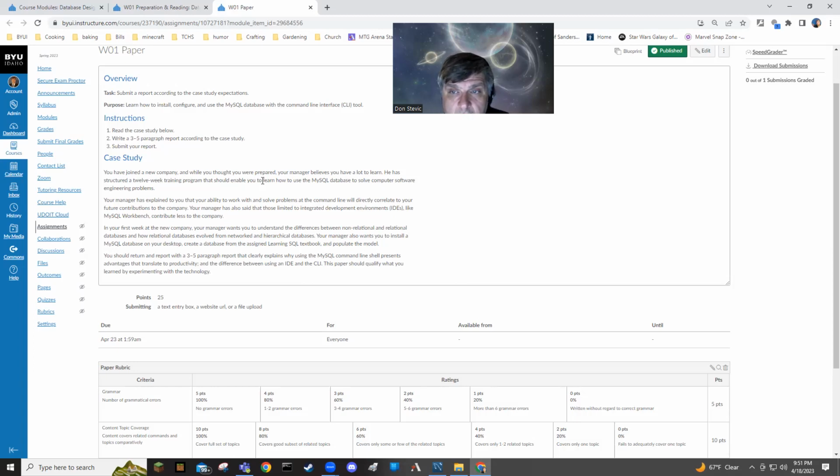Week 1 in this class is the only time that you will use the CLI. After this, there's no reason to ever use it again. It gives you wonderful granular control over things. It is a command line interface, so it is just a command prompt to type what you want in. But please, for the exercises in this class and for everything past week 1, for your own sanity, use the IDE or SQL Workbench, or what I call a GUI, a graphical user interface.